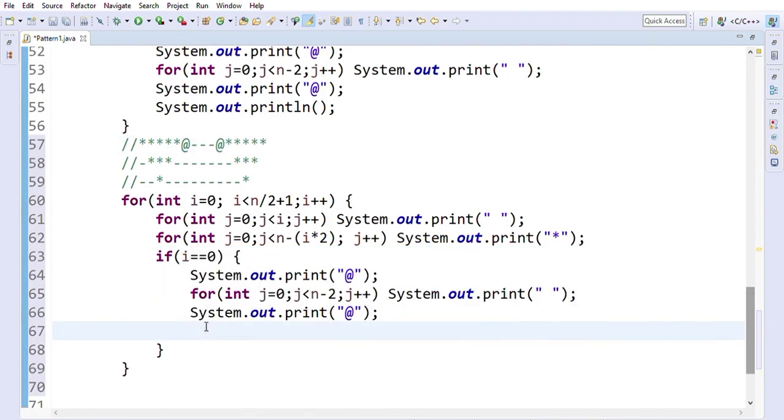Okay, so for int j equals to 0, j is less than n, j plus plus, sysout star.